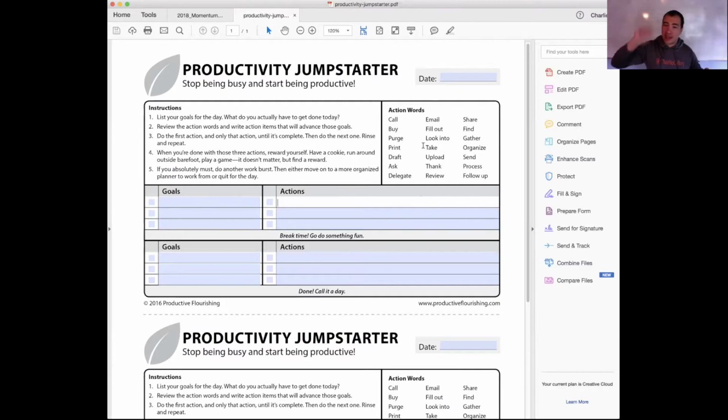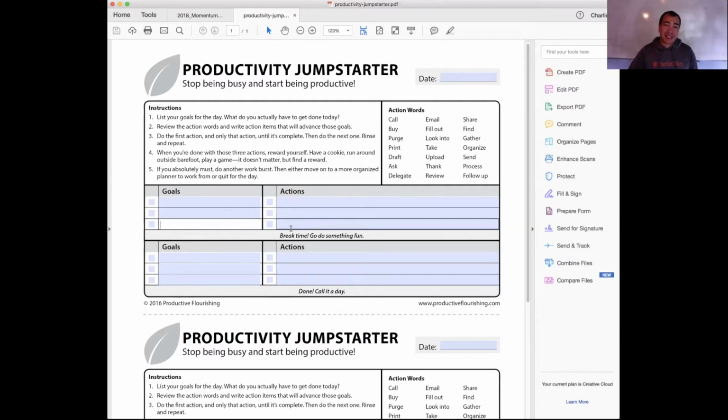If you start an action item with the verb, you automatically start thinking in terms of what needs to be done. So whenever you have something like tenant in 113 has a problem, well, that doesn't help you figure out what to do, right? Your goal is to fix the problem, right? So you can see how I can't not start it with the verb. But the action would be like, what's the next step that you can take? So you list 3 things here, you go do them, and then you take a break. And if you need to come back, then you do that, and then you call it a day.